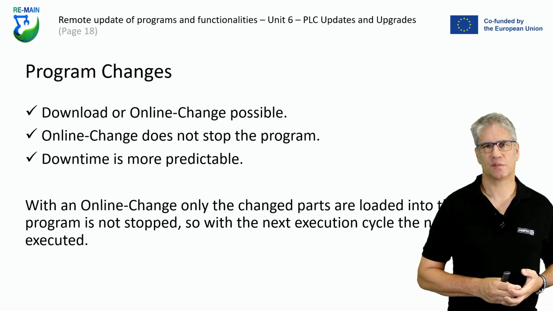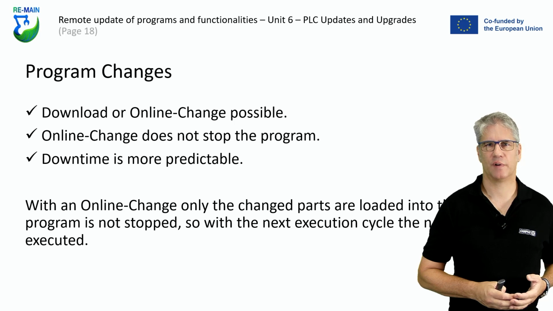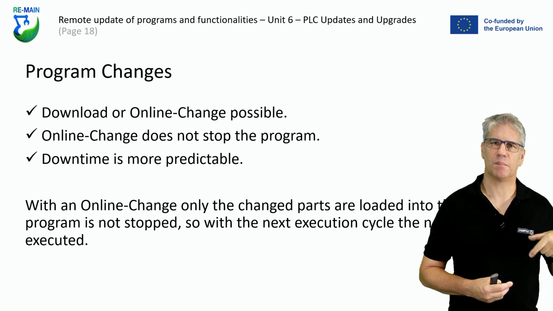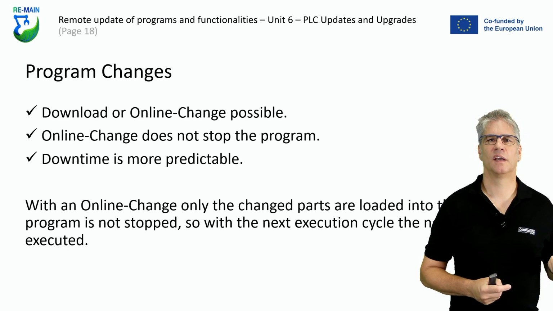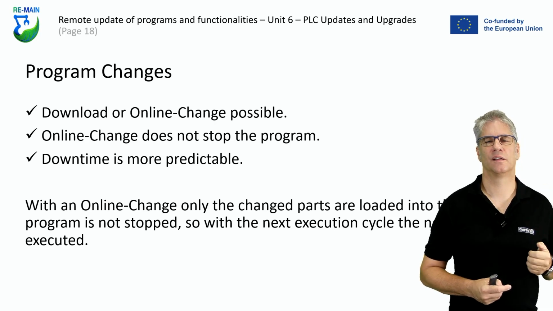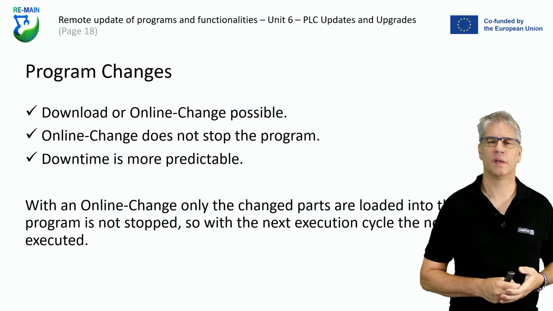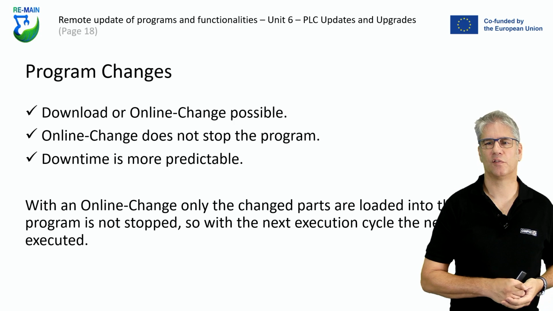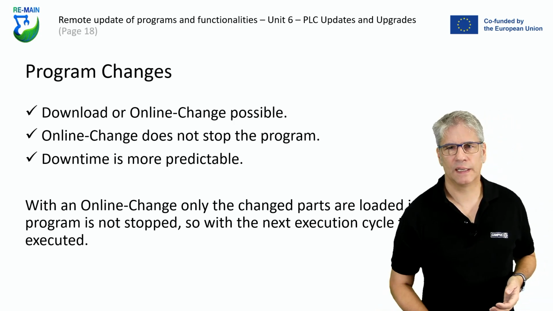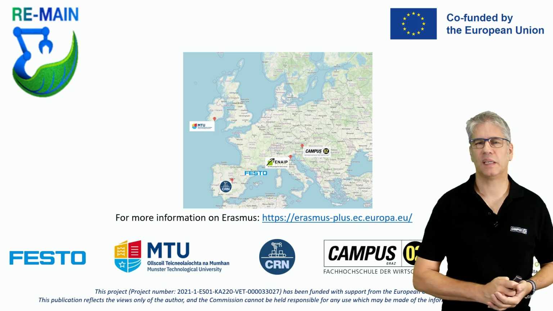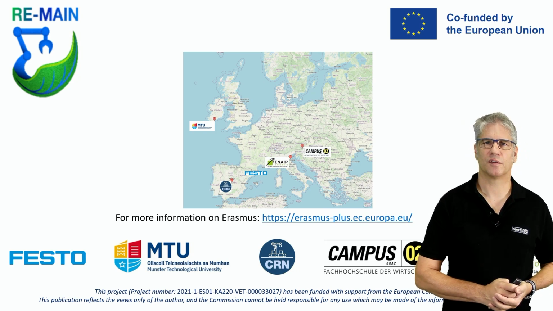But if you just want to do some minor changes in a running system, you could also go with the online change, which means that parts of the program are replaced by new blocks instantly, and in the next cycle, already the new program is run, which means it's just switching between 2 cycles. So this can have a big impact on your machine if your stuff is not thoroughly tested.